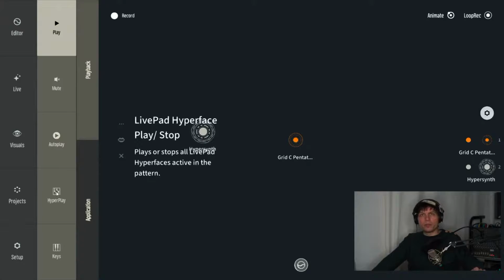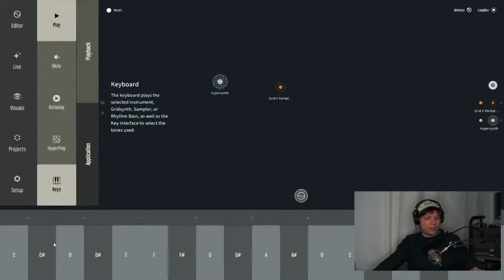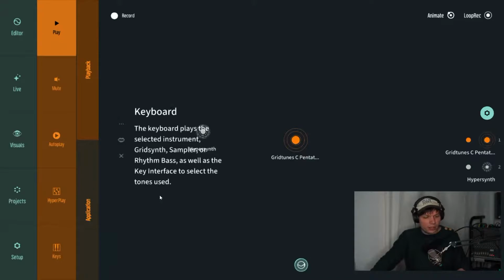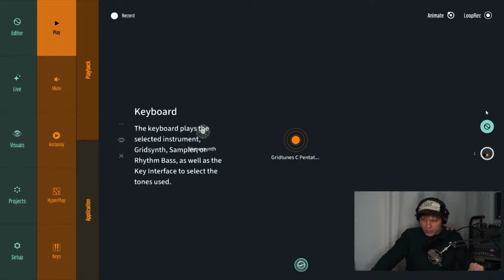This is really useful when you have motion tracking connections to the hyperphase if you want to interact live directly and not have it looped all the time. The keys. This is how the app looks in the simple design, and I can just restart the app now so you can see